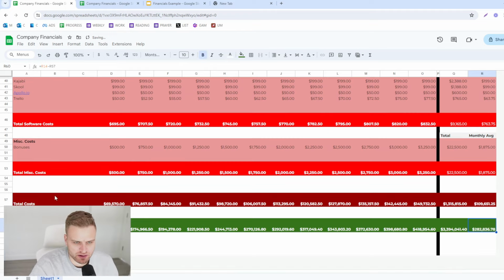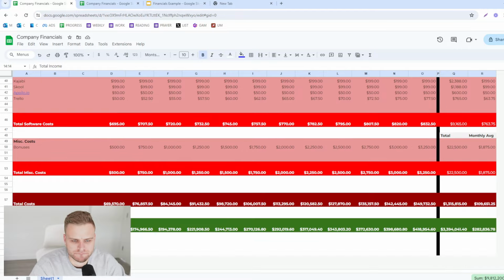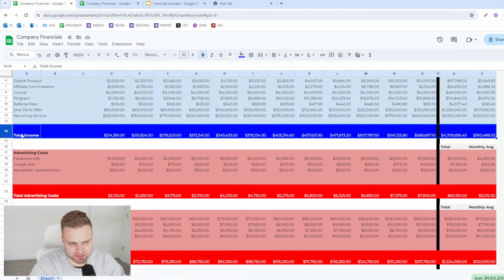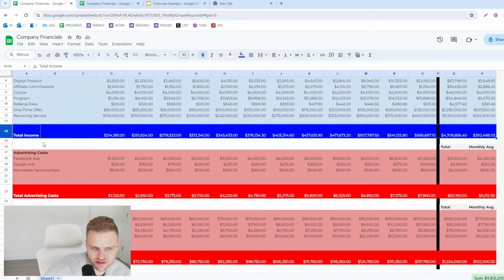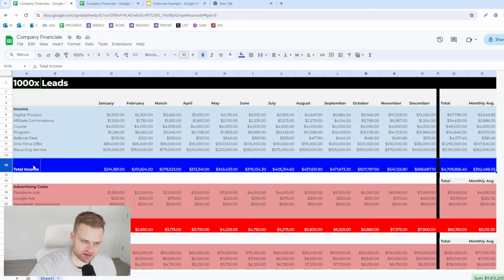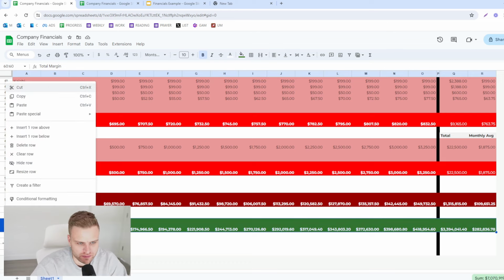We have our total income. And we could also make it so we have this at the bottom too again, but it's fine. So we have basically our total income, we have our total costs, and then we have our total margin. So what we'd want to do here